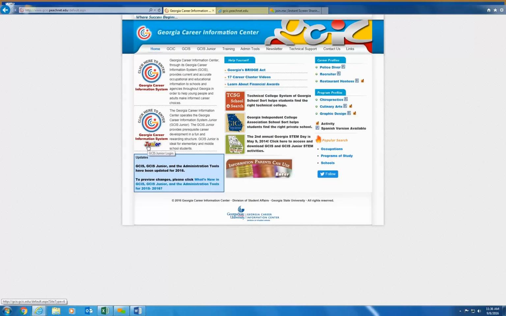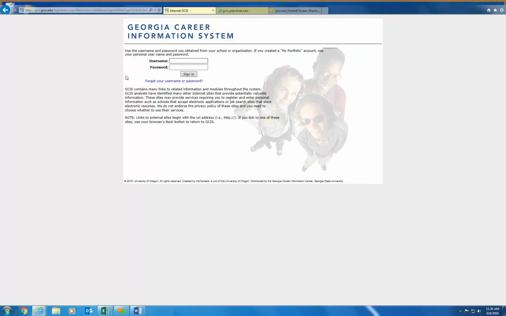No matter which of those your students click on, it will take them to a login page where they can enter into the system. So I'm going to click on click here to enter Georgia Career Information System, and it will take me to a screen that will ask for a username and a password.